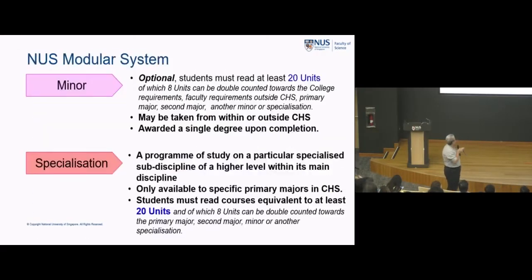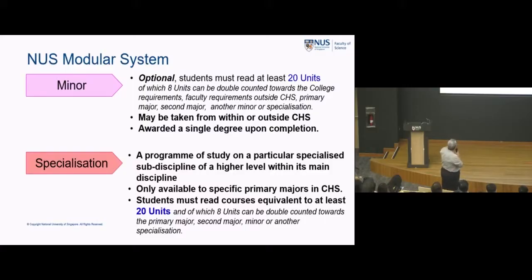Okay, now I do want to show you something else. Okay, let me just mention this. You talked about minor just now and what other people are taking in the minor. But some of you want to do, like I said, you're a deep specialist, you want to specialize in your own field. A minor is 20 units, which is basically 5 courses. You take it in your unrestricted elective.